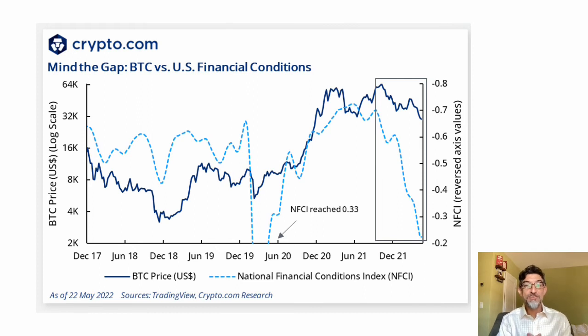And if you look here, you can see that when Bitcoin was having problems in 2018, and so were tech stocks, so was the financial index declining. So Bitcoin and all cryptocurrency assets are indeed highly correlated with financial conditions and stock prices. So that's not a new correlation. That's the new narrative now, that Bitcoin is correlated with the NASDAQ. No, it's always been correlated with risk assets. So just keep that in mind.